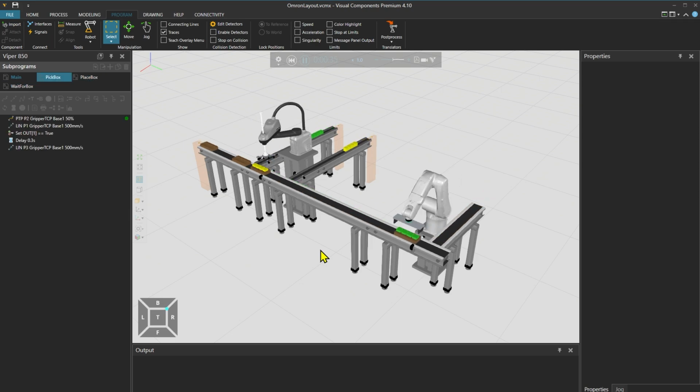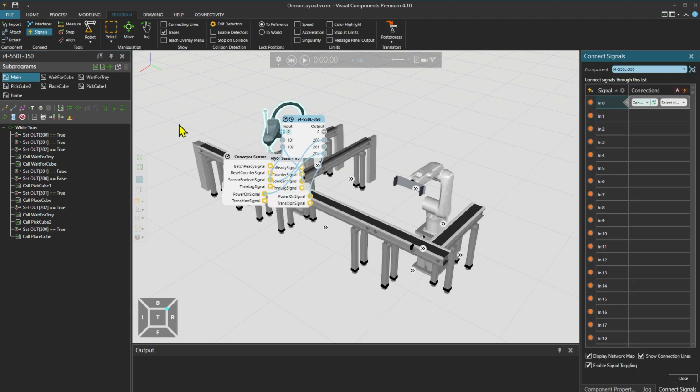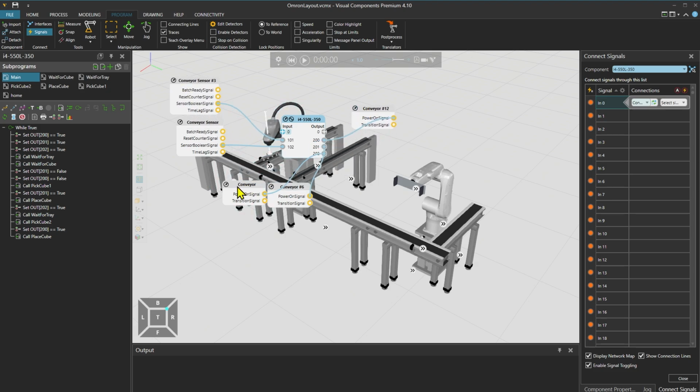next conveyor. Let's reset the simulation, and selecting the SCARA robot, click on Signals above to check the signals connected to the robot. We have 2 conveyor sensor signals and 3 conveyor power signals. So the output 1 will be used to pick and place the cube from the conveyor to an empty tray.